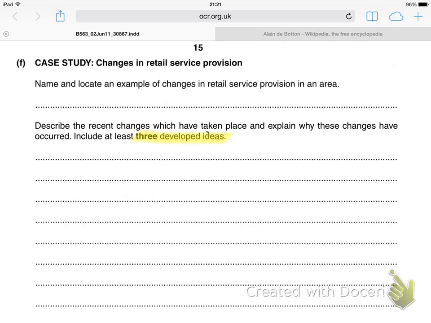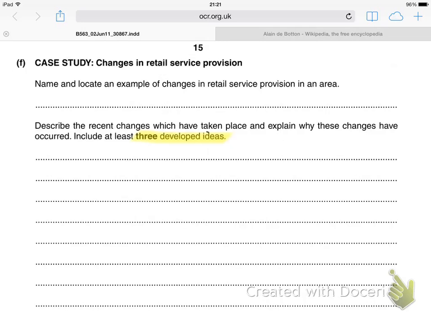Okay, last question of the day. Changes in retail provision. I think this is actually quite a difficult question, so have a look through your retailing notes. If you haven't got them with you, the yellow textbooks should be on the side for you to have a sift through retailing and familiarise yourself with retailing. I'm going to put some of the suggested content from the examiners up for you to have a read in just a minute before you start discussing amongst yourselves how to answer this question.